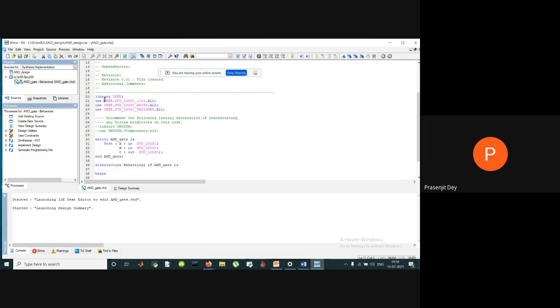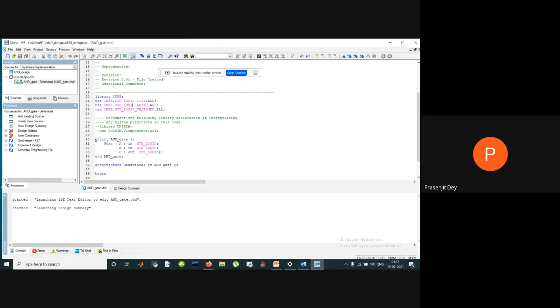For implementing the AND gate, we are going to use the IEEE library, and within the IEEE library we are going to use the following three packages: std_logic_1164.all, std_logic_arith.all, std_logic_unsigned.all. So here std_logic is nothing else but the standard logic.